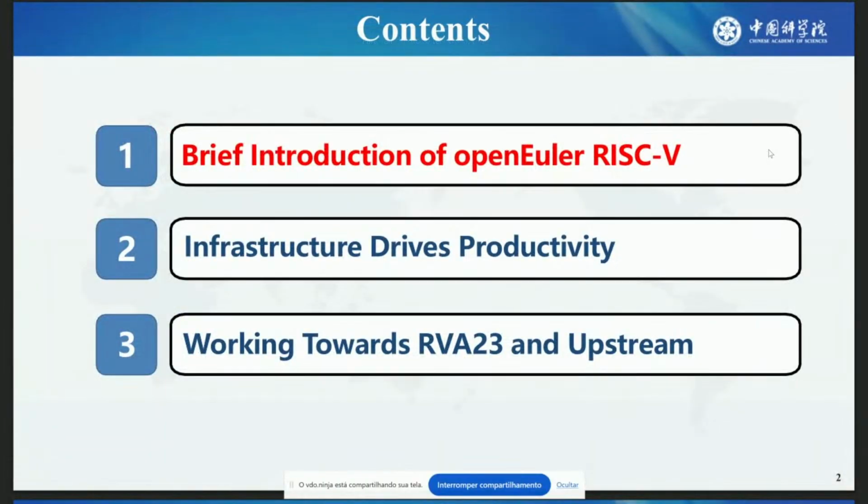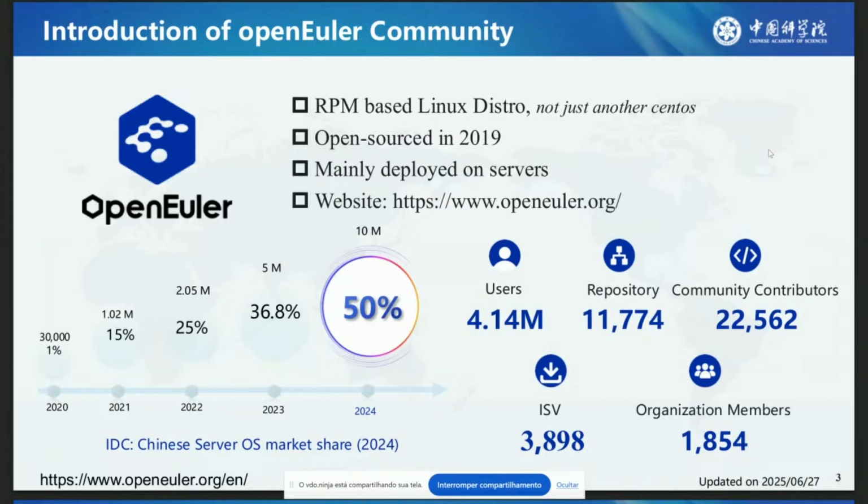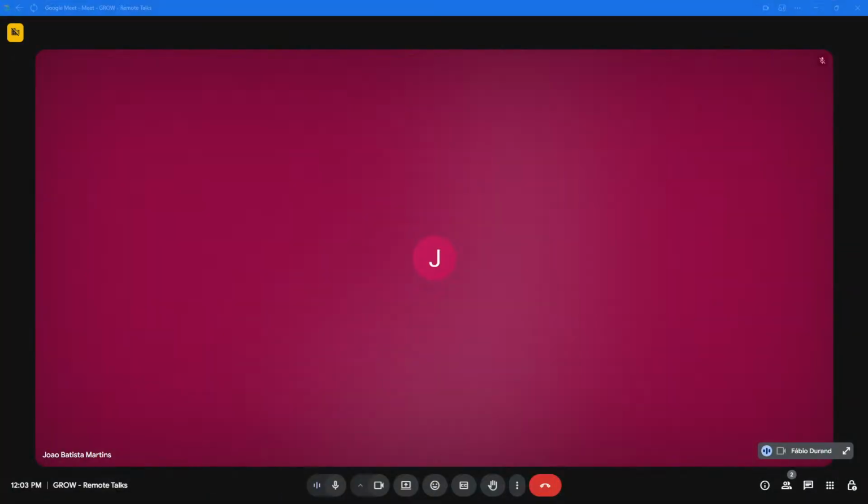So first is a brief introduction of OpenEuler. OpenEuler is an RPM-based Linux distribution, an alternative to CentOS. OpenEuler was open sourced in 2019 and is mainly deployed on servers. According to the survey conducted by IDC,